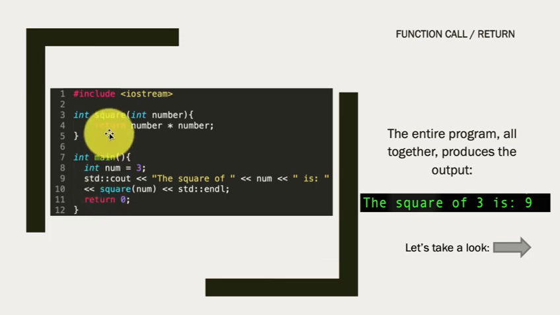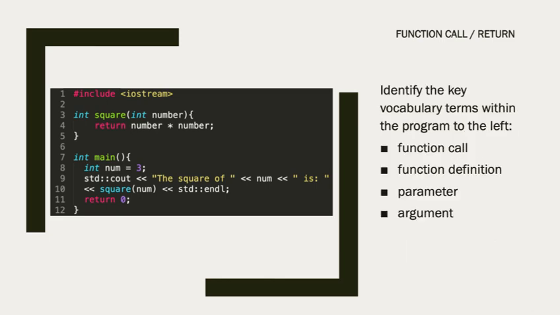Now, in this example, we have a 12-line program. And we have two functions. The first function is main, which of course you all know every C++ program begins at the function main. And then we have our user-defined function named square. Now let's take a look and make sure we understand every little detail regarding these key terms and vocabulary so that we can understand the flow of control within this program.